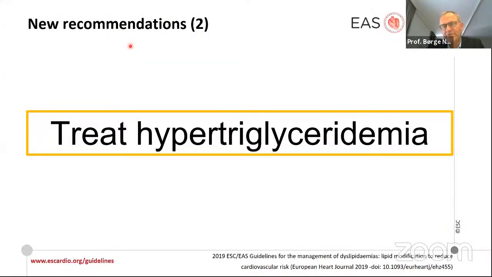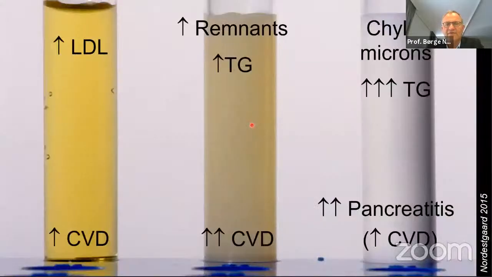The latest European guidelines from 2019 also talk about hypertriglyceridemia. And what is hypertriglyceridemia? Here's normal plasma, where you can have high LDL, and then you will have high cardiovascular disease risk. You could also have high lipoprotein(a). When you have turbid plasma, this is because remnants and triglycerides are high, and then you have very high cardiovascular disease risk. And finally, there's this odd case with chylomicronemia, where you have triglycerides maybe 100 millimoles per liter,